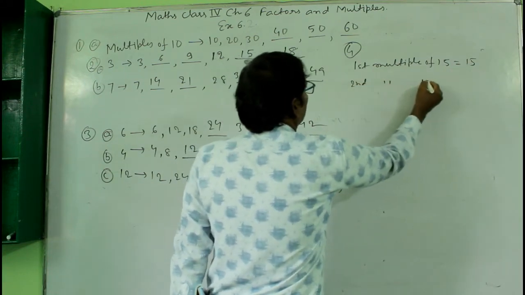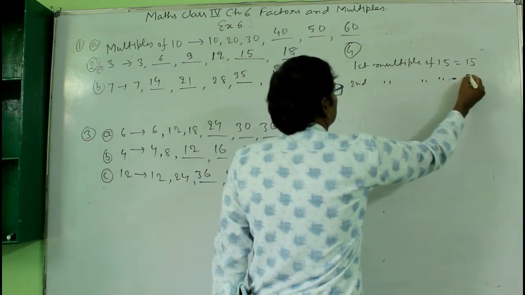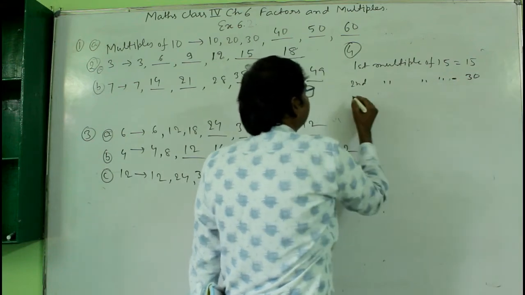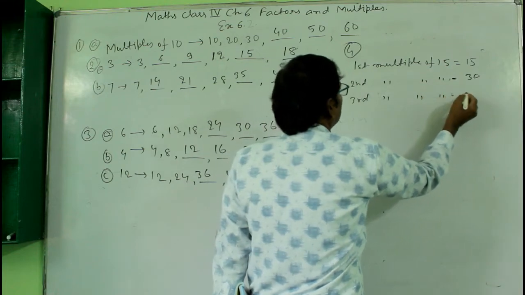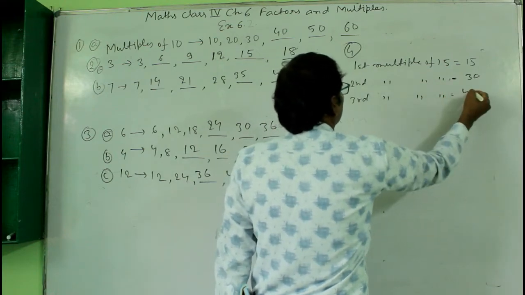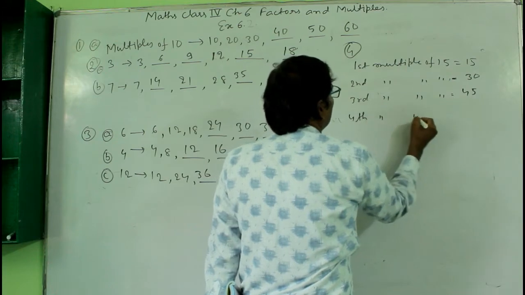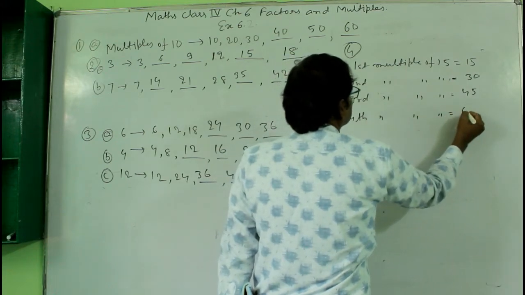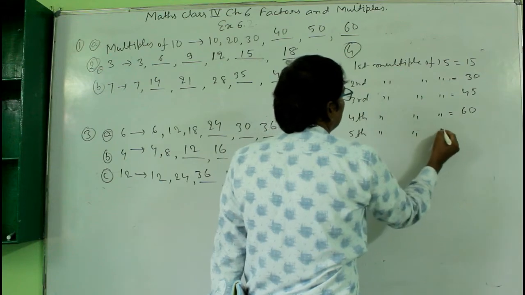Second multiple of 15 equals 30. Then third multiple of 15 equals 45. Then fourth multiple of 15 equals 60, and fifth multiple of 15 equals